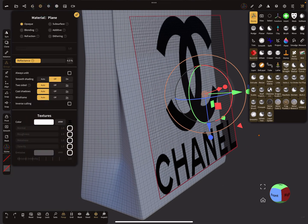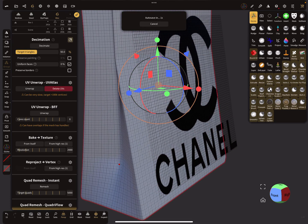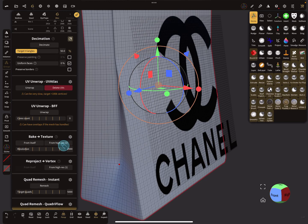There's in the material settings a two-sided option. So turn it off and then it works. So here when you use now here the bag and bake the texture from high res,